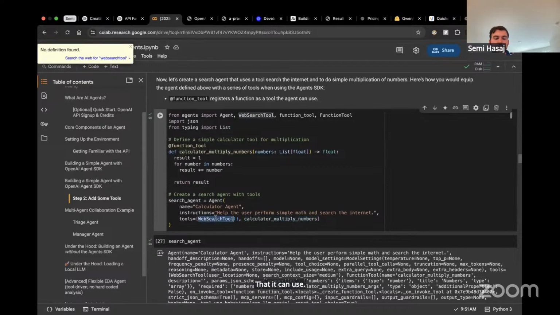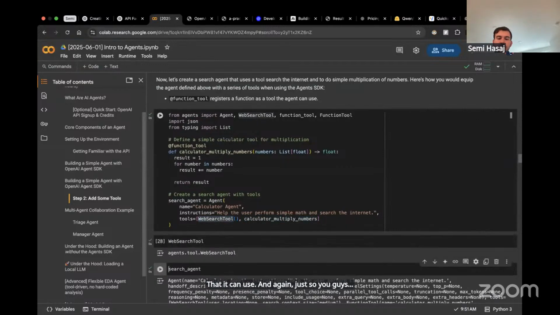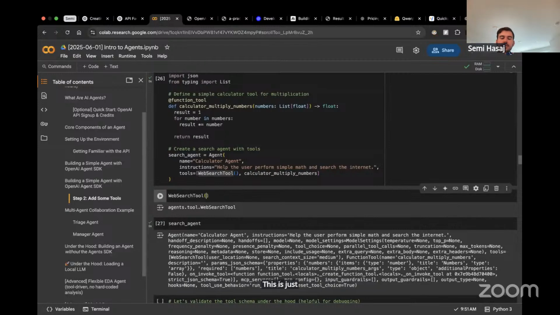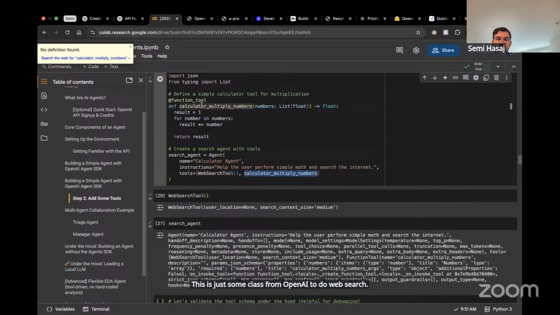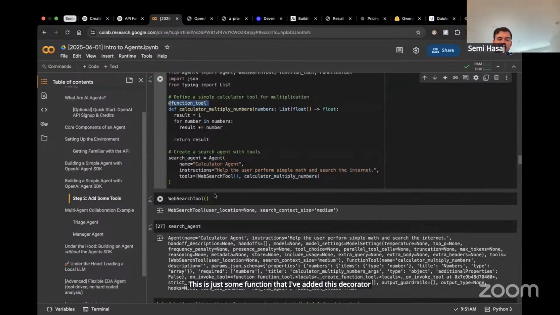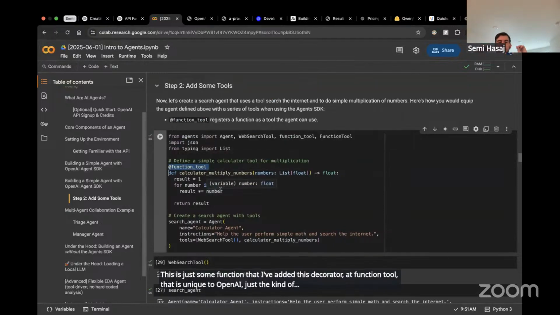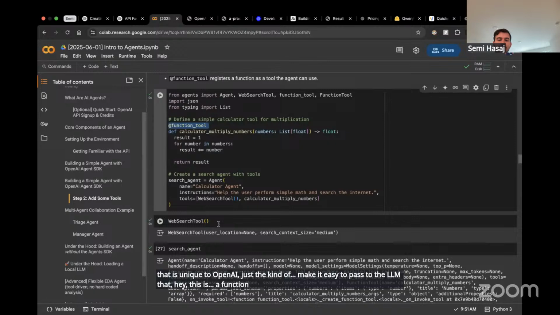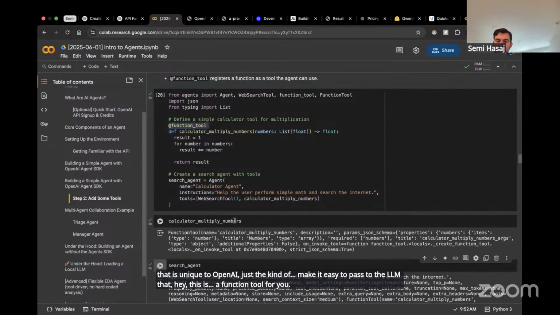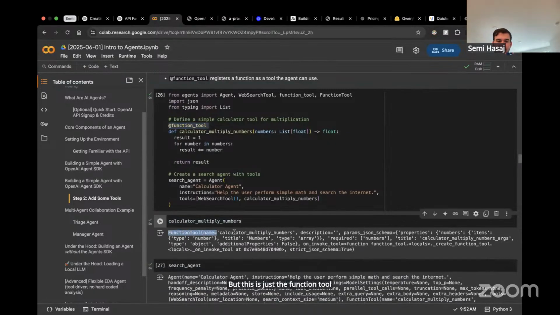And again, just so you see it very clearly, this is just some class from OpenAI to do web search. This is just some function that I've added this decorator at function tool to, which is unique to OpenAI, just to make it easy to pass to the LLM that, hey, this is a function tool for you. But this is just a function tool. There you go.